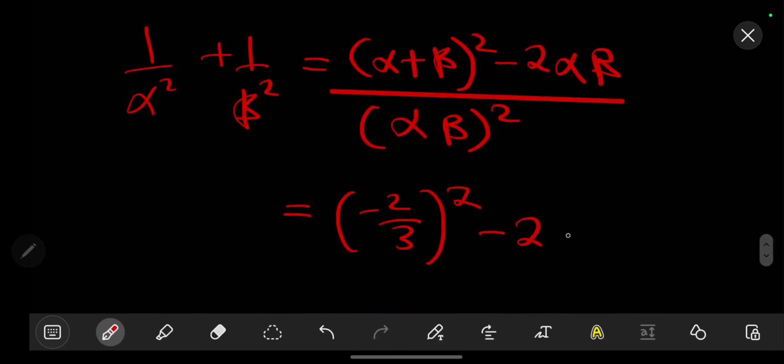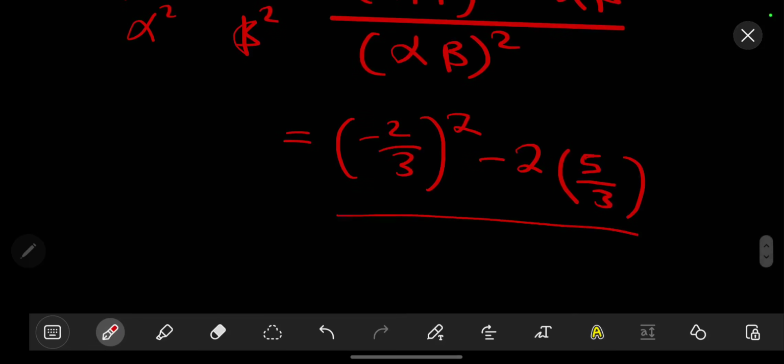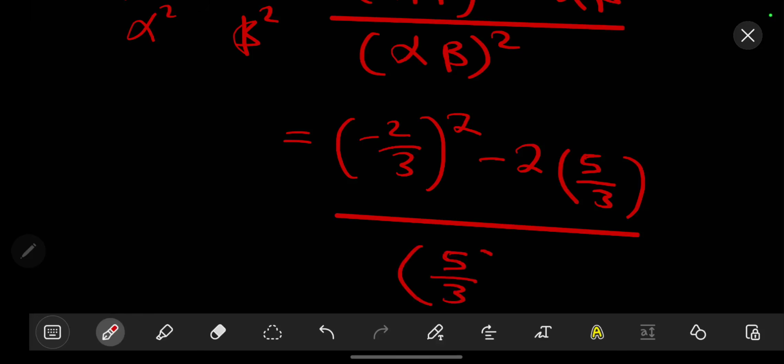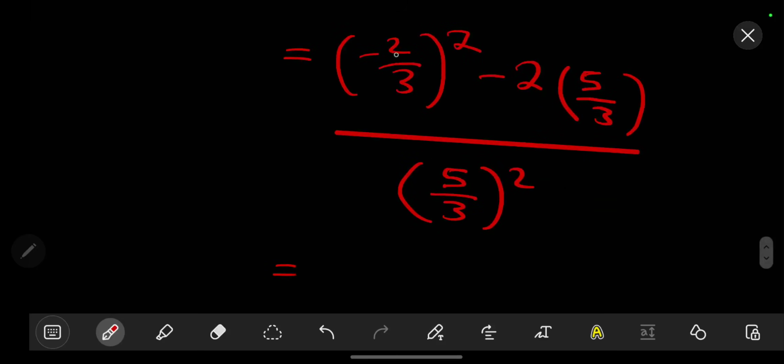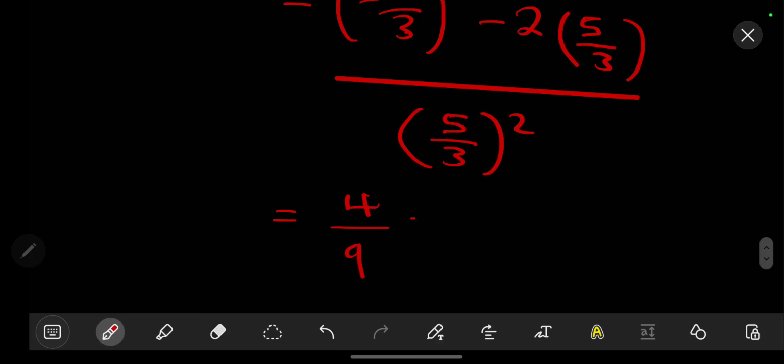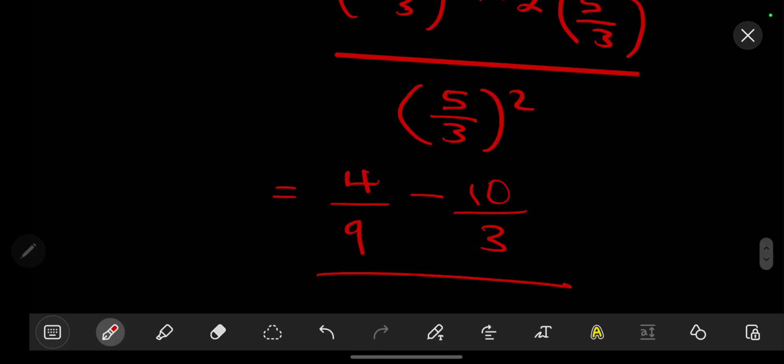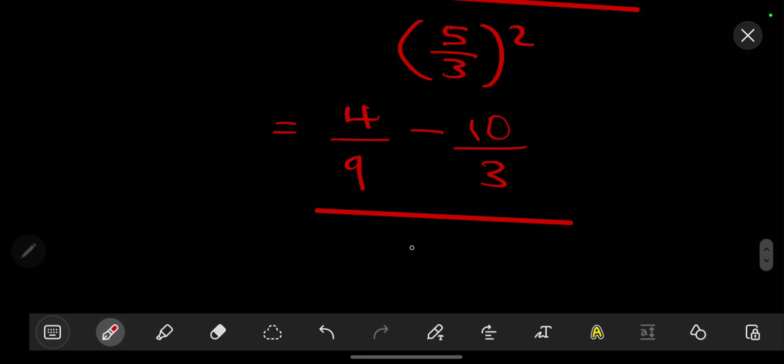So we are going to put a times 5 over 3 like that. Then this value we divide over the product. We have found it to be 5 over 3 squared like that. So this will give us a value of negative 2 squared will give us 4 over 3 squared will give us a 9. So we are going to have 9 minus 2 by 5, it will give us 10 over our 3 like that. Then down here we have 5 squared, we are going to have 25 over 3 squared